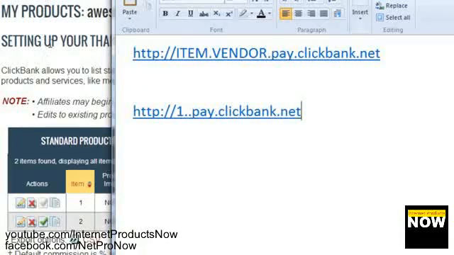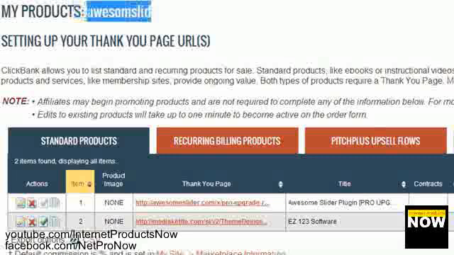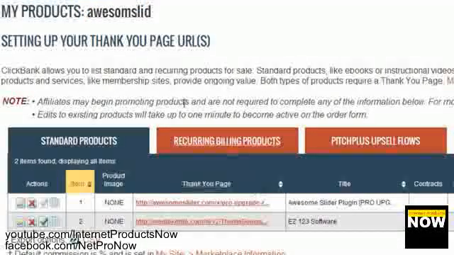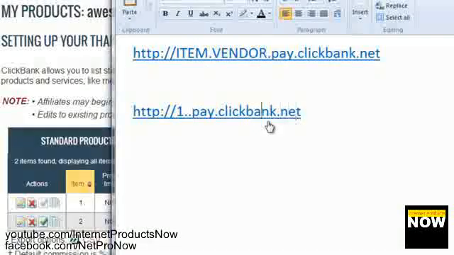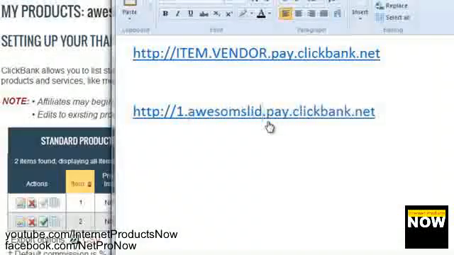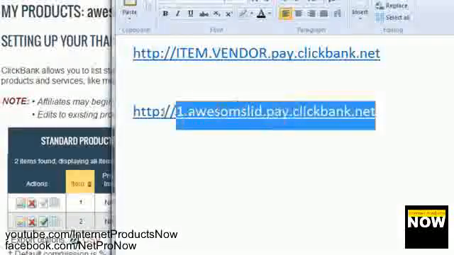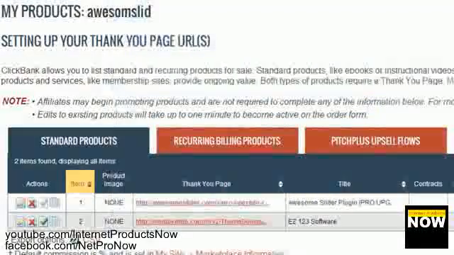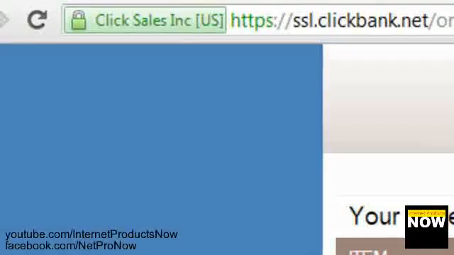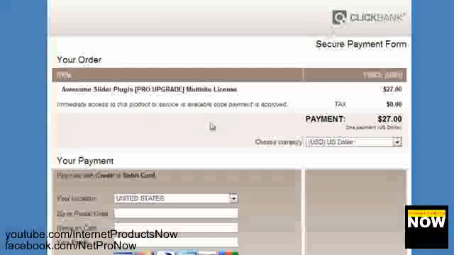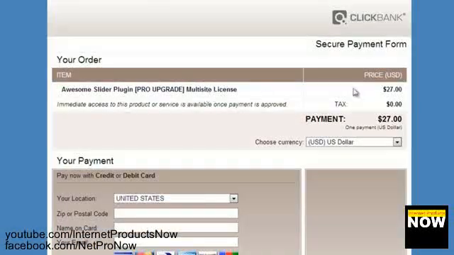Now the vendor ID is basically going to be your ClickBank username, and in this case all we need to do is put the vendor ID here, and that's basically our order link. Now if we go to this page at the very top here and enter it,